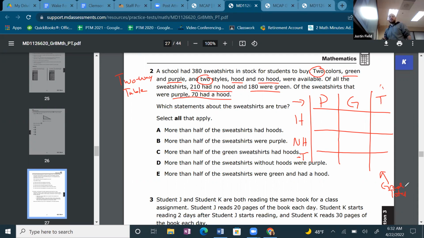So that is the spot where we put our total number of everything. Okay, and what is that? 380 sweatshirts. So we're going to put that there. And the 2 inside columns should add up to the total in every case. So let's fill in the information that we have, and then we're going to solve a puzzle to figure